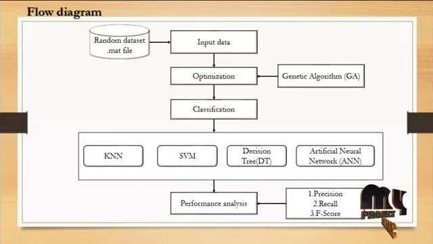And then the classification process. Classification is a data mining function that assigns items in a collection to target categories or classes. The goal of classification is to accurately predict the target class for each case in the data. For example, a classification model could be used to identify a loan application as low, medium, or high credit risk. The classification task begins with a data set in which the class assignments are known. For example, a classification model that predicts credit risk could be developed based on observed data for many loan applications over a period of time.